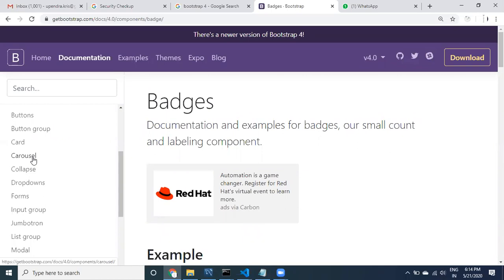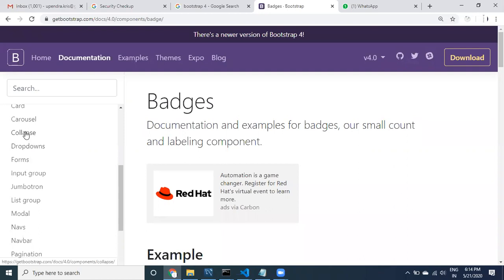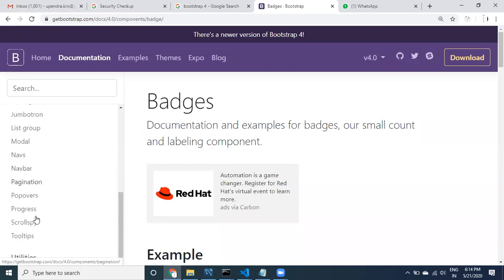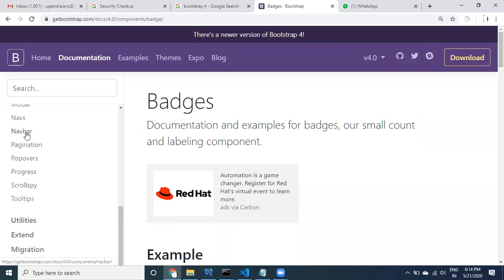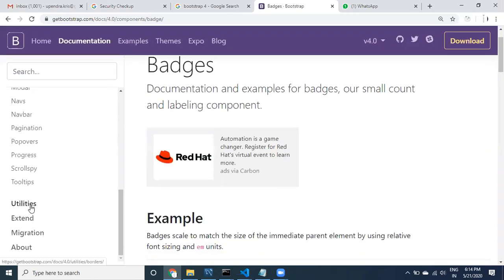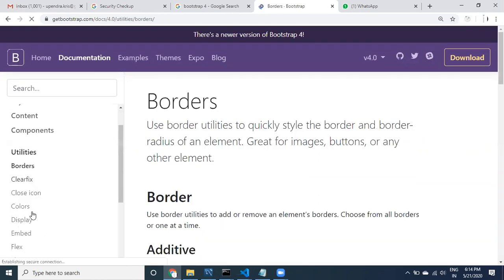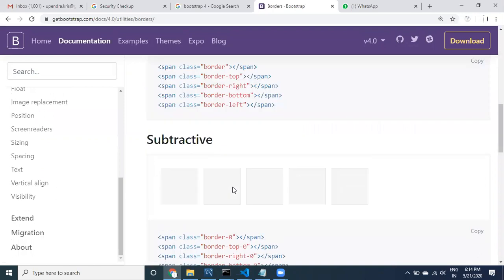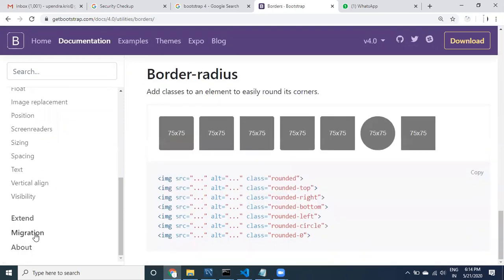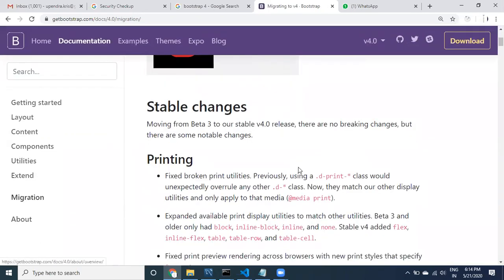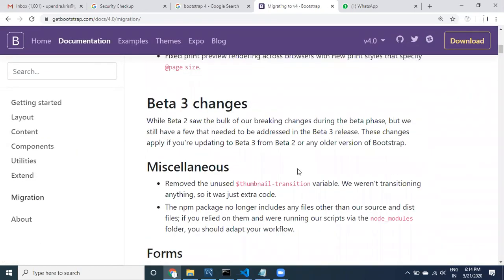Collapse. One second, guys. Navbar. And then utilities, go to the utilities. This is borders and all, right? Borders and all utilities. Maybe charts.